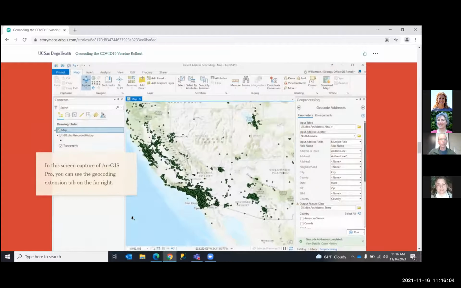Okay, so here is a screen capture of ArcGIS Pro. And if you see here on the far right, this is the add-on. It's the geocoding address. And what I'm doing here is I'm capturing information that I inserted into the desktop app from my SQL Server, pulling from the tables. It then does the geocoding and then puts the output into another table file that I'm then able to upload